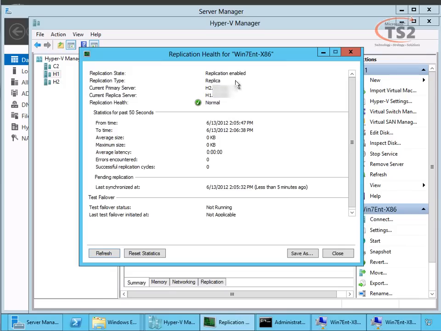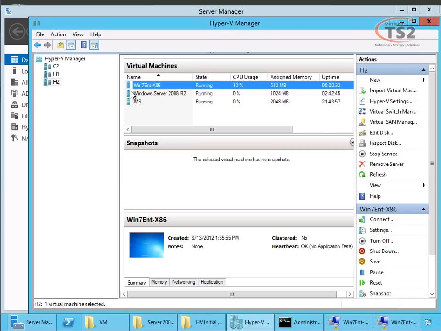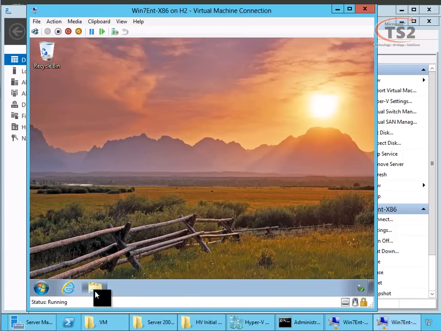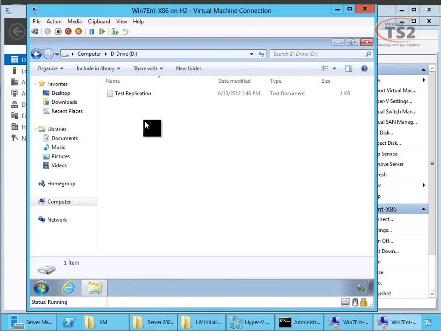I can check on replication health again, and there it shows that replication's enabled. Notice that it hasn't had to replicate yet because it already sent its replica over. Keep in mind when we do this, we lose all those old replica snapshots. But now we can flip over to this virtual machine and see that it's just as current as we left it,